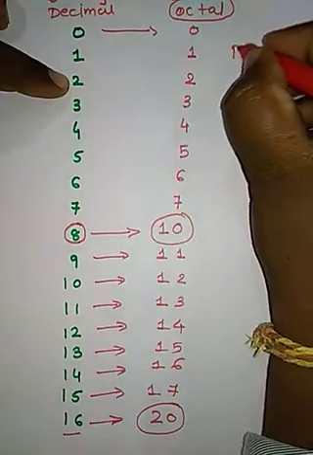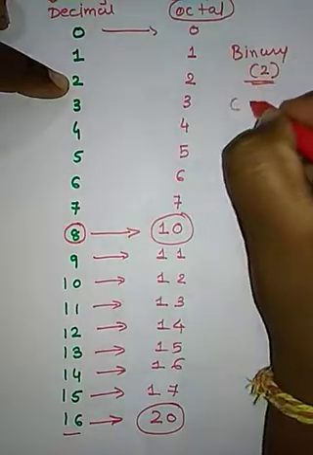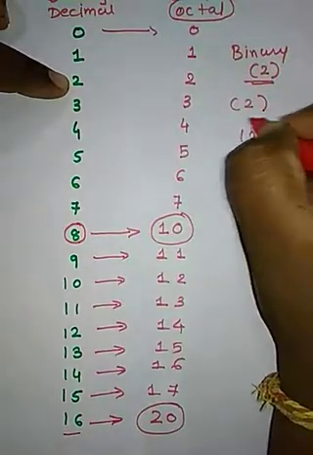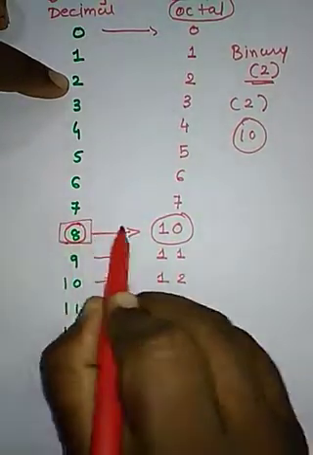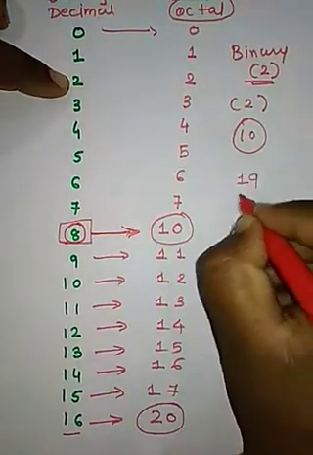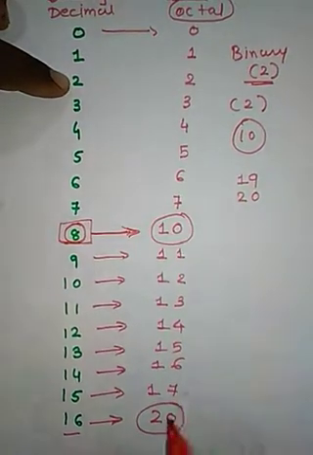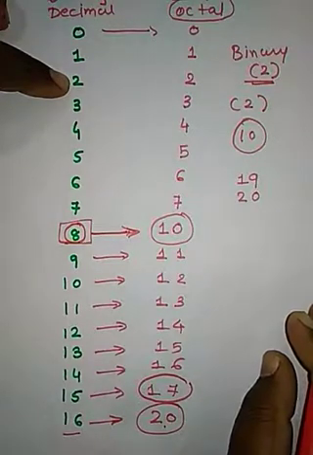Binary has a base 2. So what is the binary of 2? It's a 10. Same here, the octal has a base 8. So what is the octal of 8? It's a 10. Like in the decimal number, after 19 comes 20. Same, 17 is the last, then we have to write here 20. After that 21, 22, 23, 24, 25, 26, 27 and 30. This way we can convert any number from decimal to octal.